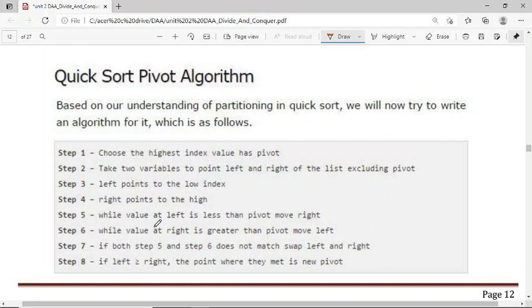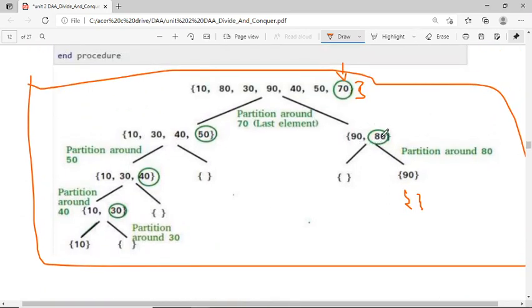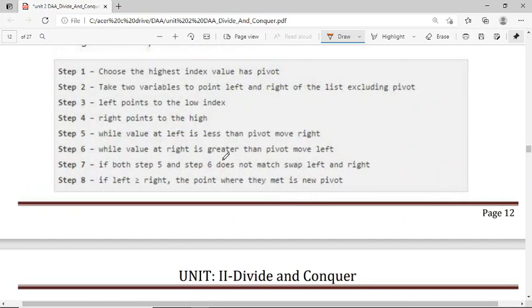And while the value at left is less than pivot, move right. So here, see, if this value is greater than the pivot value, we are moving right. While the value at left is less than pivot, move right, and while the value at right is greater than pivot, move left.